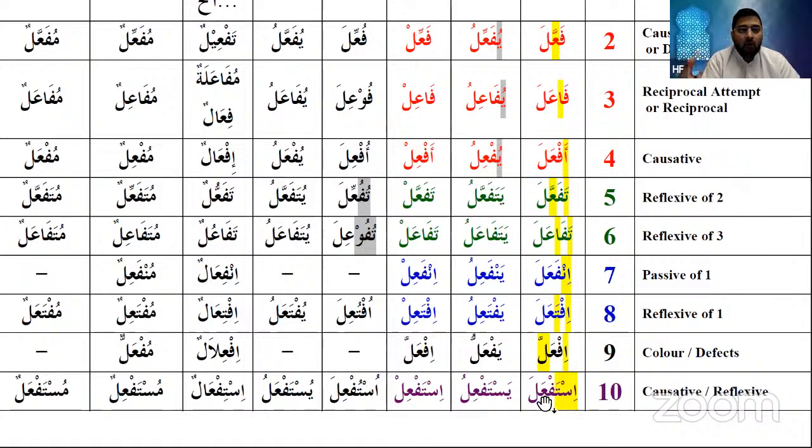Now I will give you a verb which is on the pattern of istaf'ala. For example, ghafara, he forgave. Ghafara yaghfiru. Allahumma ghfir li wa li walidayya wa lil mu'minina yawma yaqum al-hisab. So ighfir means forgive. Now istaghfara, yastaghfiru, istighfar. Normally this comes for the meaning of